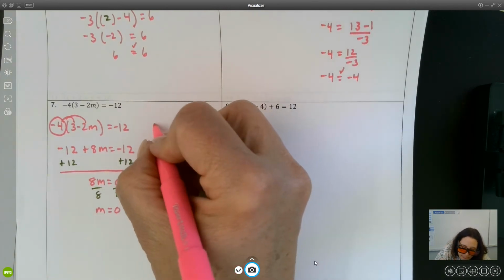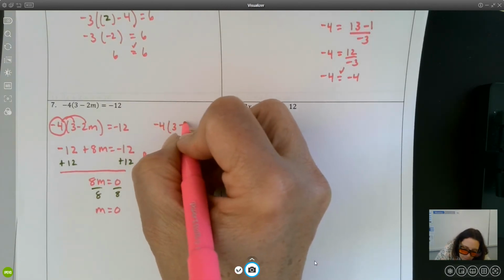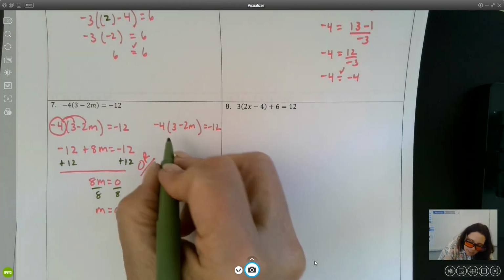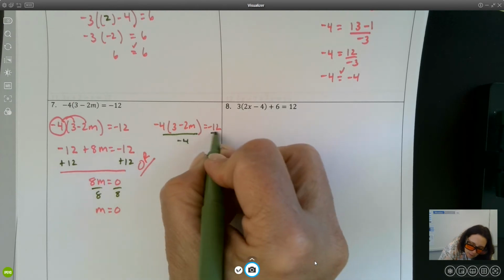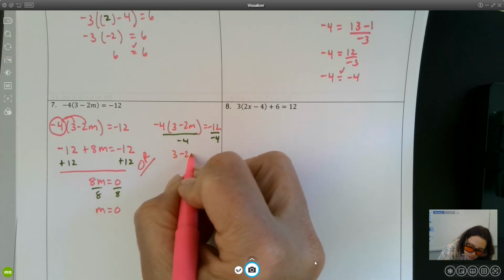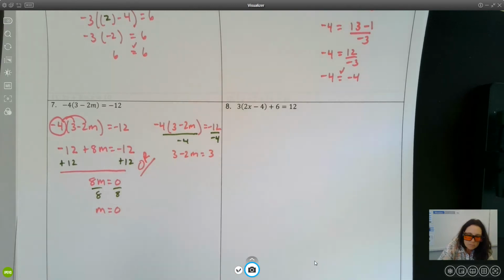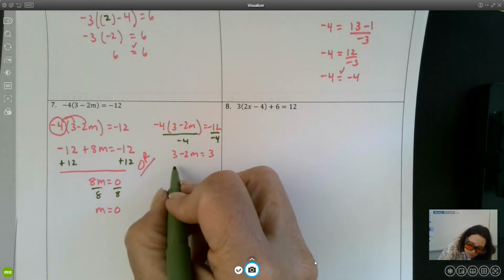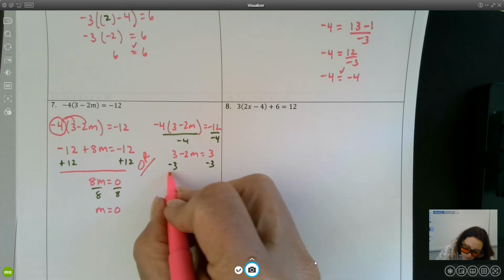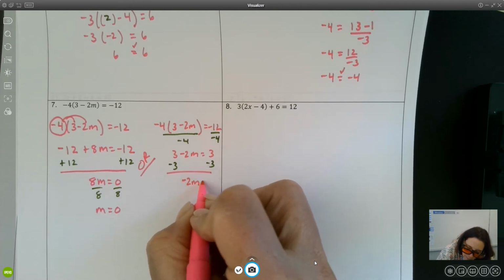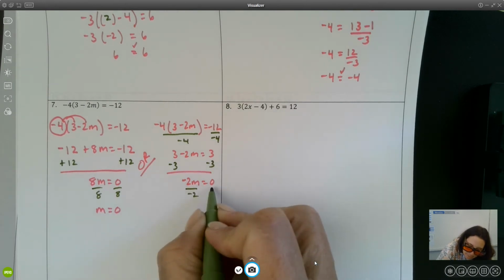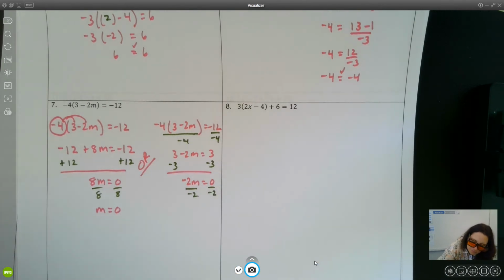Or, let me just recopy the problem. Can't we divide by negative 4 here and here, leaving us 3 minus 2m equal 3? Subtract 3 to both sides. Negative 2m equals 0. Don't I still get 0? Okay,